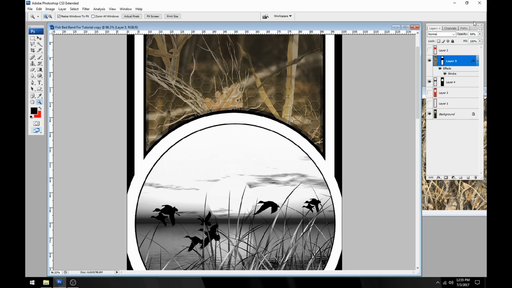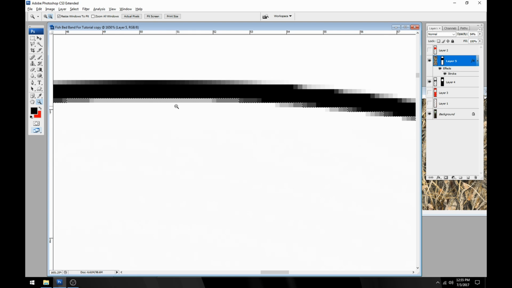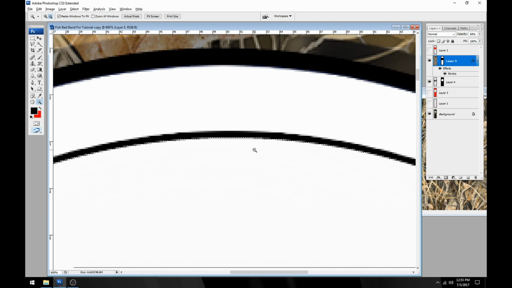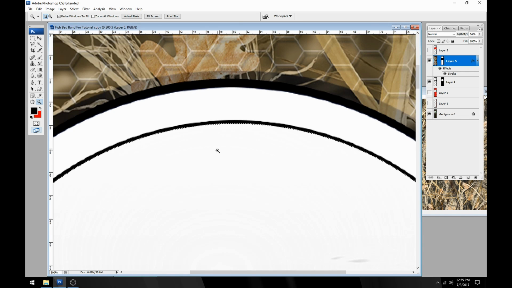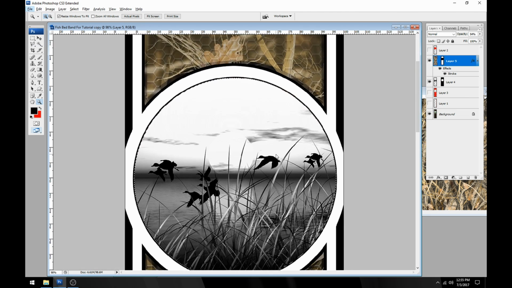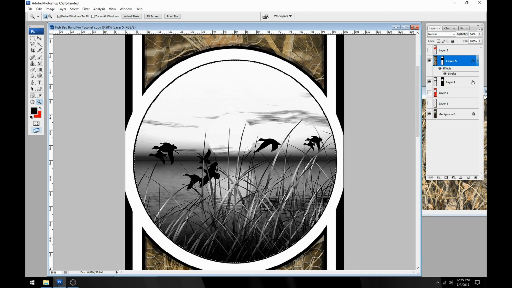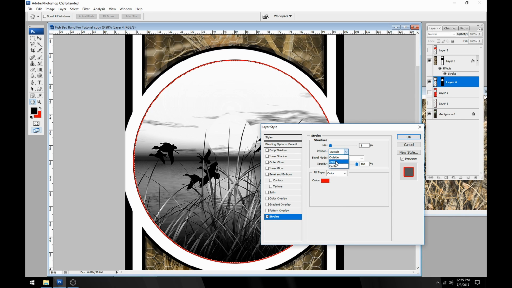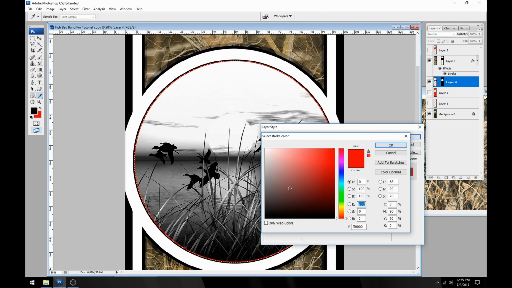And we can deselect. Now if you notice, if I control click the circle, we've got the same issue happening where it's actually going to cut right on the edge of the black and the white. And if you've got any variance in how you load your material, this is going to leave you a white edge on some spots and a black edge in others, and that's not going to look real great. So again, we're going to come with another inside stroke, put it to the inside, go ahead and turn it black,